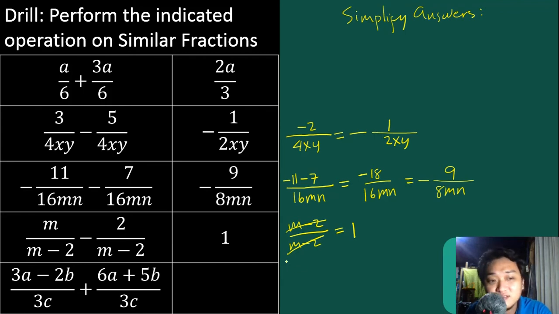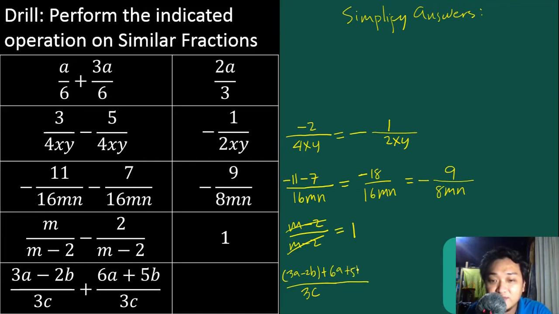And the last, 3a minus 2b over 3c plus 6a plus 5b over 3c. What will be the common denominator? The common denominator there is 3c. And then let us try to add those terms. So we're going to add 3a minus 2b plus